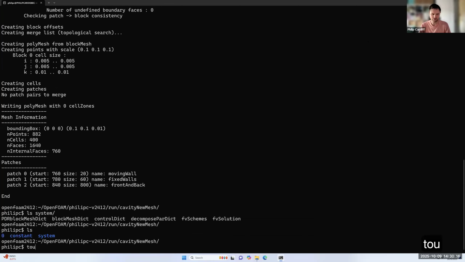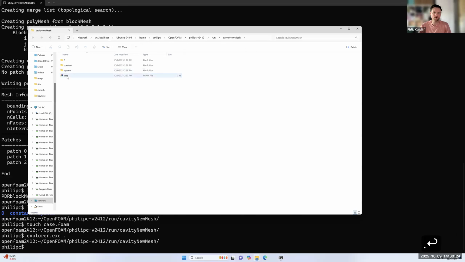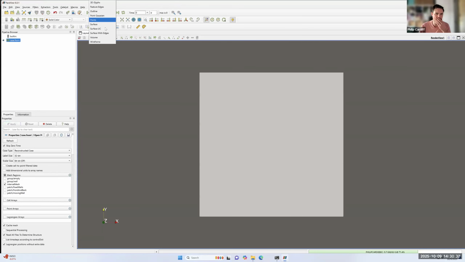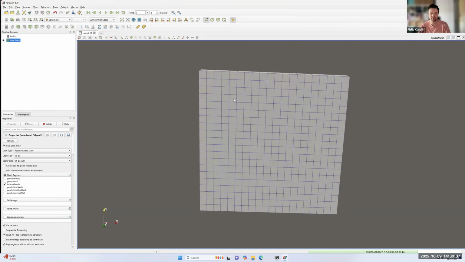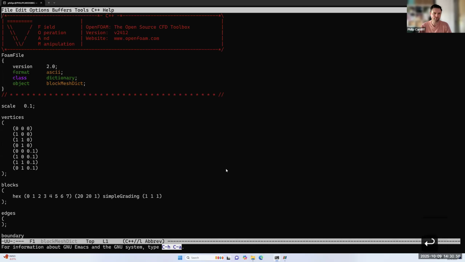And now if I go touch case.foam, and then explorer.exe dot, and I'm going to open up this case in ParaView so we can see it. So just to remind you what the mesh looks like, if I press apply, and I have surface edges here, and you can just see that you have 20 cells by 20 cells in this block. So if I go back to my terminal, the first thing I'm going to do now is open up the blockMeshDict in Emacs. So we're going to go through the different settings, and then we're going to change some of them to see